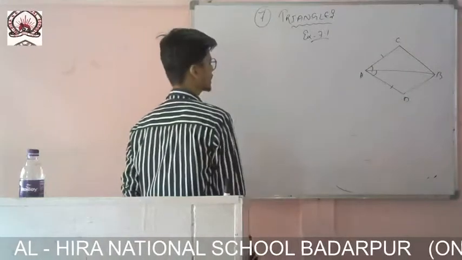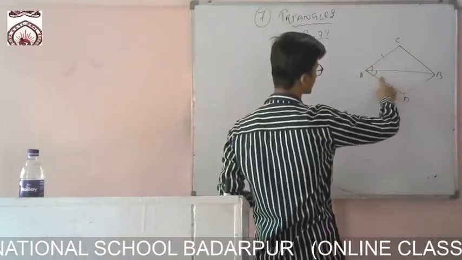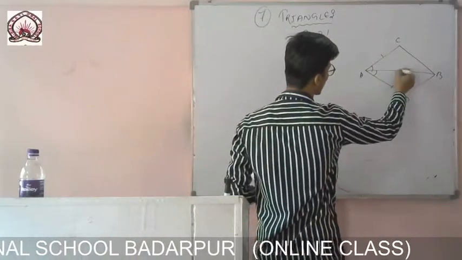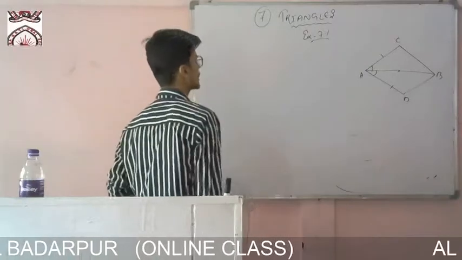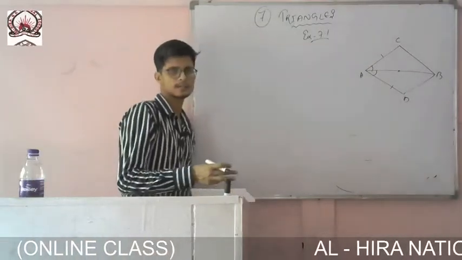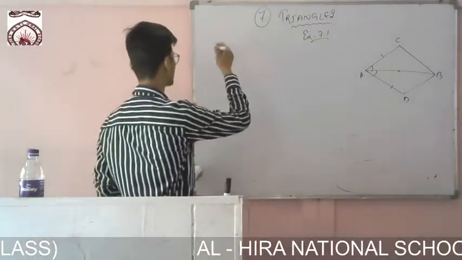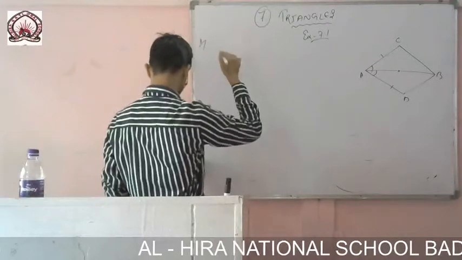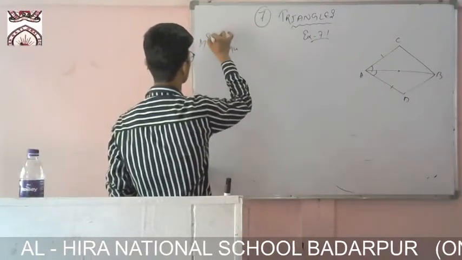So you want to show that triangle ABC is congruent to triangle ABD. I can say that these two sides are equal, these two angles are also equal, and this is the common side. So that means I have got the criteria: two sides and one angle are equal. So by side angle side criteria, I can say that yes, these two triangles are congruent. So let me write it. Very easy exercise. So in quadrilateral ABCD, solution I am doing.